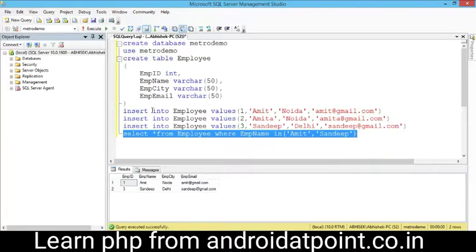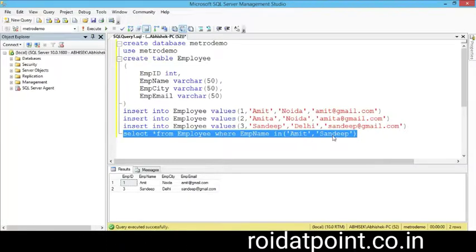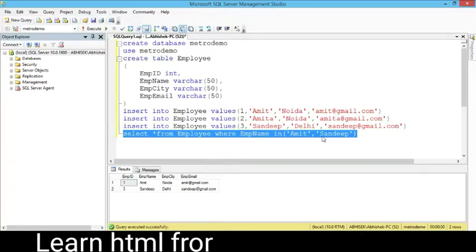It will display the Ahmed and Sandeep records here because I have given Ahmed and Sandeep inside the IN operator,